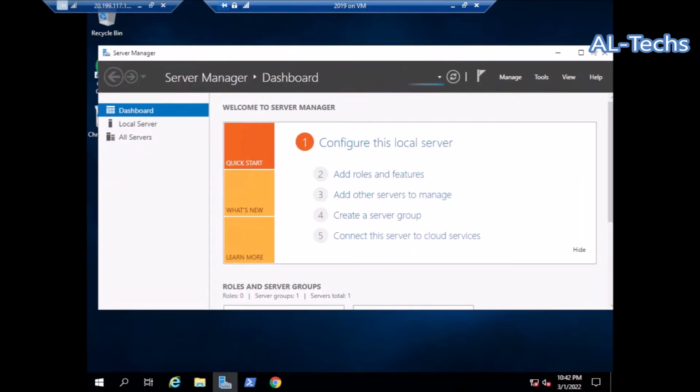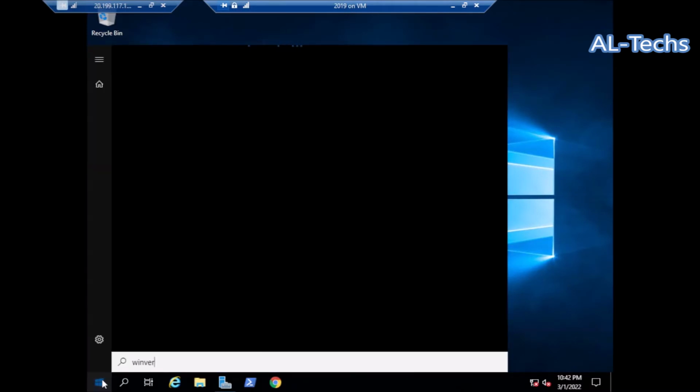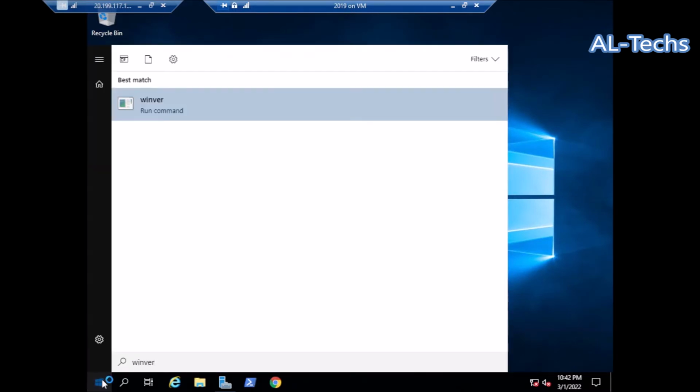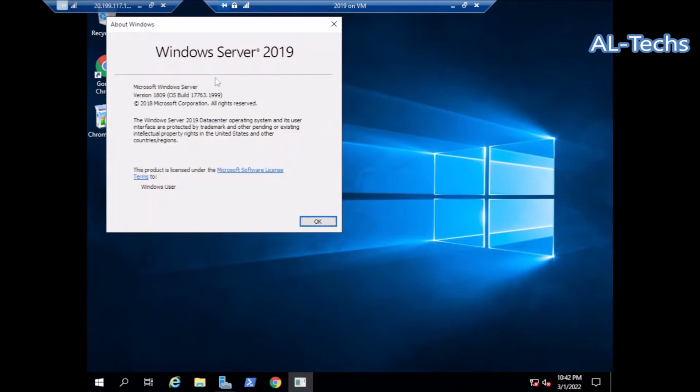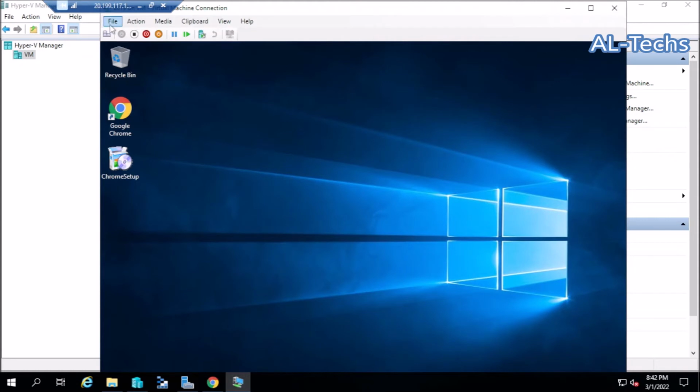This is Server Manager in Windows Server 2019. This is Windows Server 2019 Datacenter. Okay, now we can shut down the VM, and we start the process of